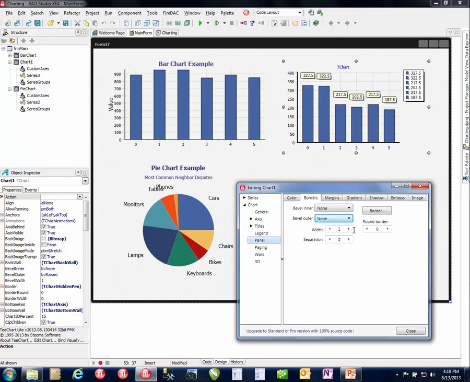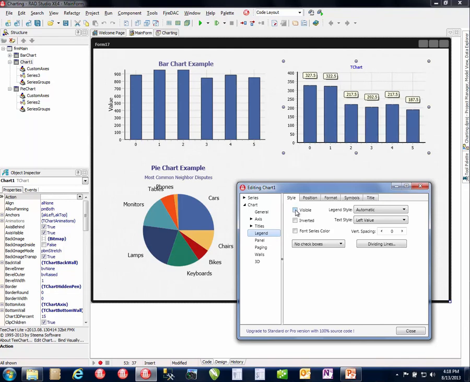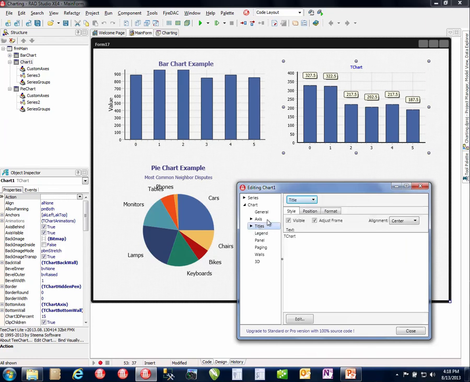Again, as you can tell, there are lots of properties all throughout this whole component, but it's very powerful for us to show some data. Go ahead and select visible to get rid of the legend, which gives us some more data. Now these little marks up here, we can go into those in just a minute, but next up, if you go into the titles, and I am working bottom up just because it seems to be a little bit easier to remember, you can type in bar chart example, and then you go to the format page